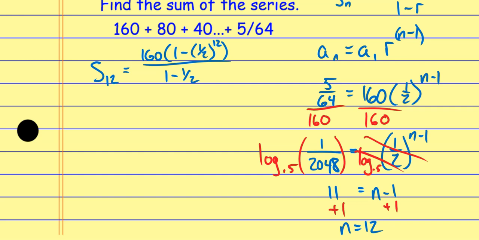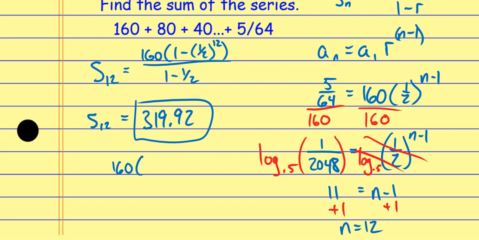Once again, just be careful with the parentheses here as you plug it in, okay? And as I plug it in, as a decimal, this thing's going to give me a 319.92. If I wanted the exact value, well, then I'm going to have to kind of approach this by hand a little bit. So let's work that out as well. If I wanted the exact value,